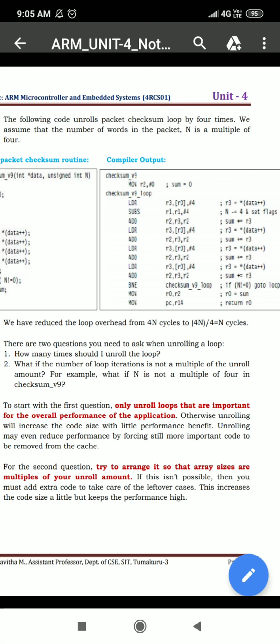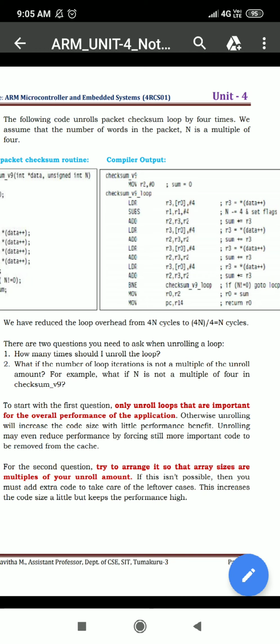So in this example, R0 holds the base address of the array which is passed as the first argument to the called function. R1 holds the n value which is the second argument. R2 holds the sum which is a local variable declared within the function. So R0 holds the final sum which is returned to the calling function.